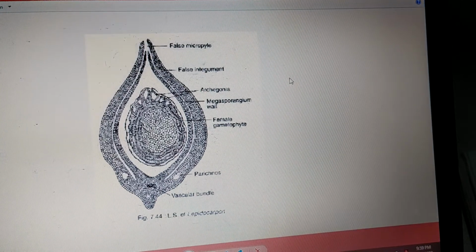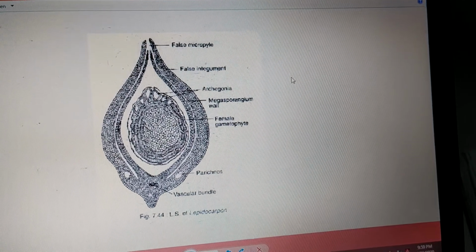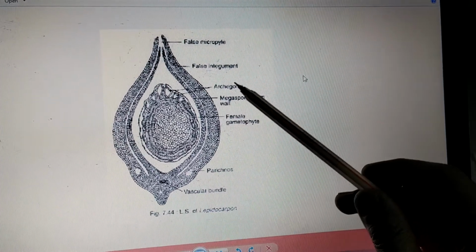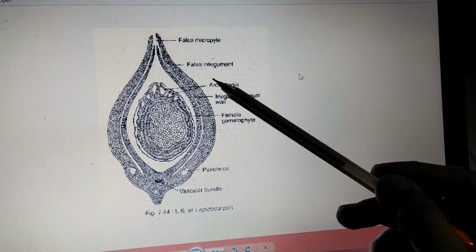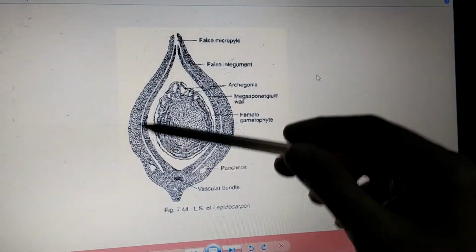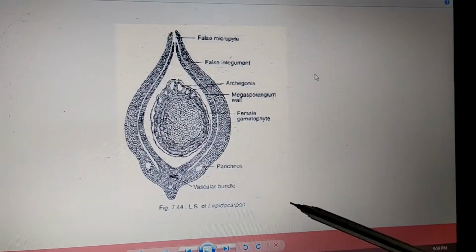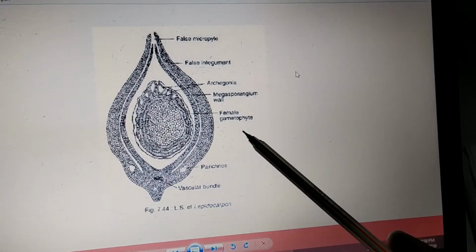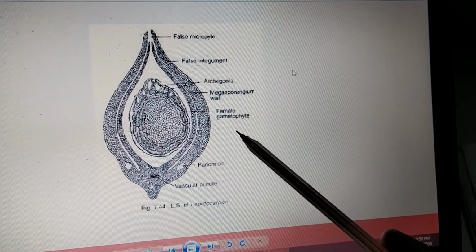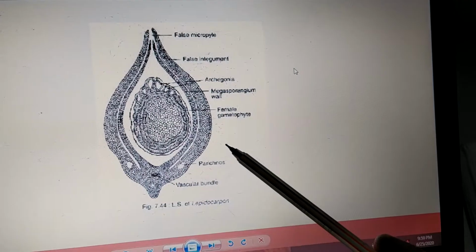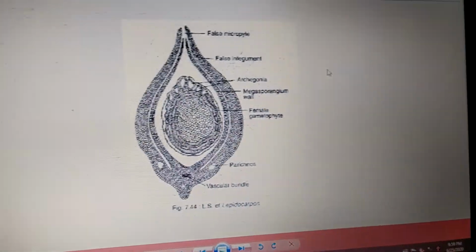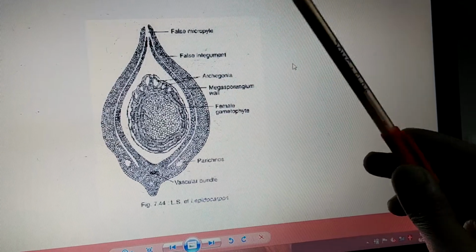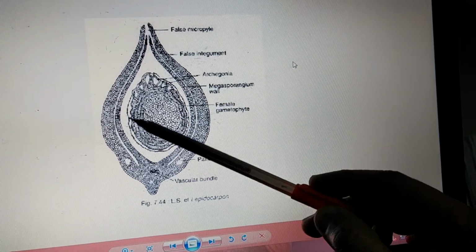Now the lepidocarpon is retained within the megasporangium, and the sides of the pedicle were extended to form a lateral lamina, nothing but integuments which completely circle the sporangium. That's the reason it is a false seed. It has some characteristics which resemble the ovule of the gymnosperm. That is the formation of a single functional megaspore in the megasporangium.